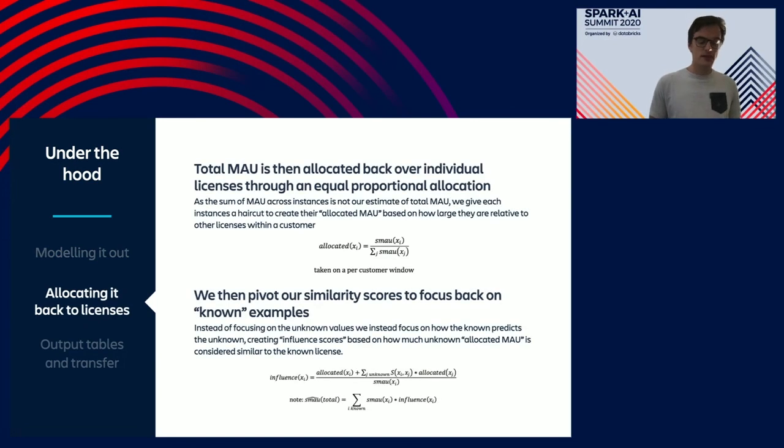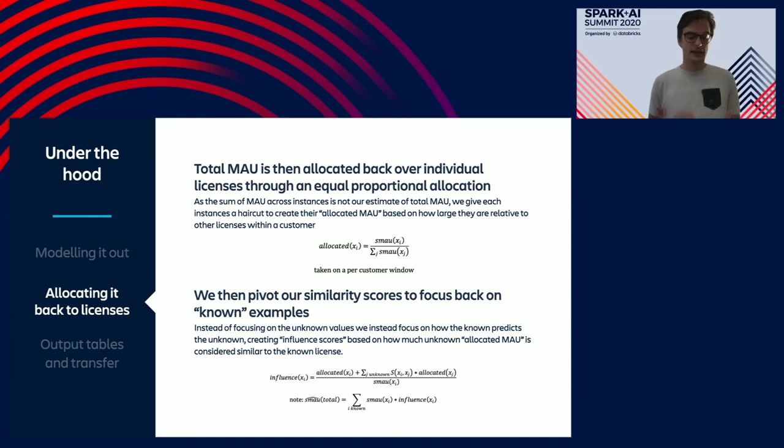And from this, we have the ability to estimate total MAU, not just MAU within a single license in isolation. For this estimation framework, our next step is to allocate back the subadditive total to individual licenses, effectively creating an additive metric. We do this proportionally. A simple example: say I have 2 licenses, one with 10 users and one with 20. So the second one is double the first. But let's say that together they only have 24 MAU, not 30.